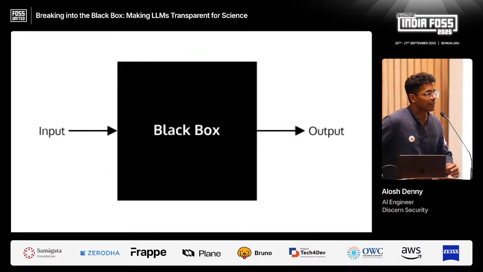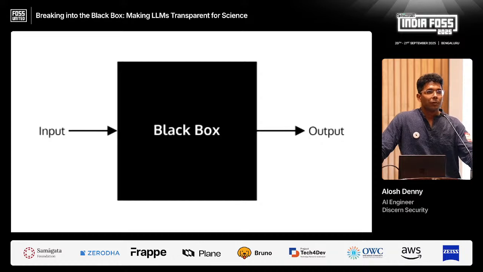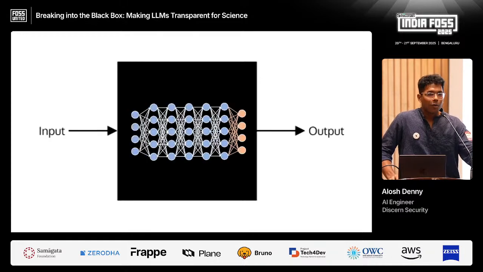And the same is the case for LLMs. So we never really see how LLMs think. We only see the response. We never really know, like, okay, what are they thinking about? Are they thinking in English or in Hindi or in Kannada or Malayalam? We'd never know that. And the reason is because LLMs are a complete black box, and all we know is that under the hood they look like a bunch of neurons.